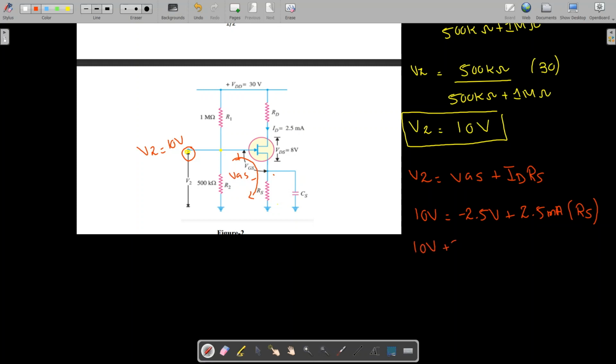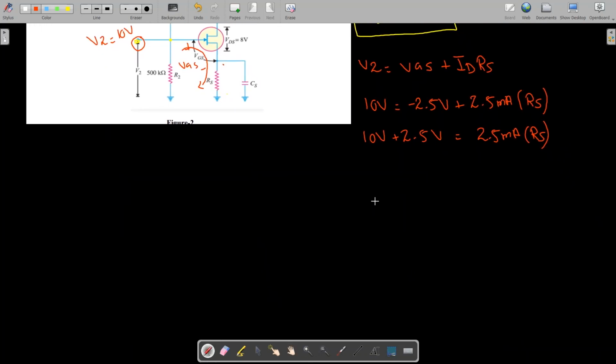This will be 10 volt plus 2.5 volt, and this will be equal to 2.5 milliampere into RS. So 10 volt plus 2.5 volt is 12.5 volt. And so we have 12.5 volt is equal to 2.5 milliampere into RS, which means that RS is going to